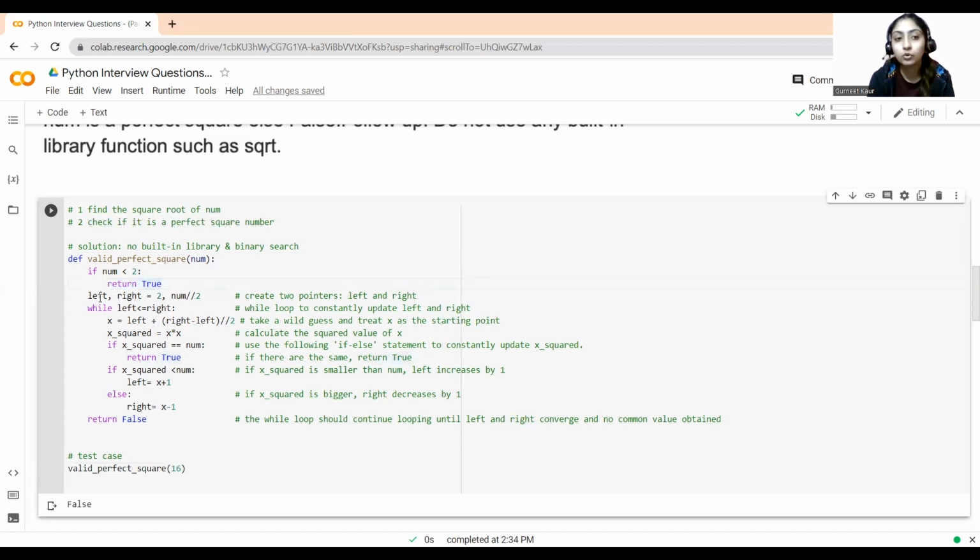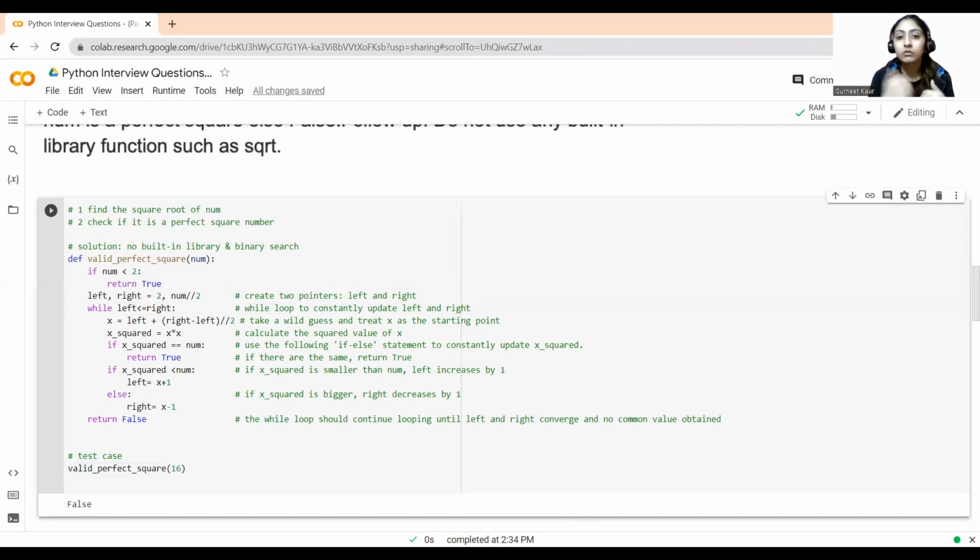Now we have divided into two, left and right. We'll be using a while loop to update the left and right values because we are shifting. So x is equal to left plus right minus left, which is nothing but creating two pointers, and we will compare the average value of these two numbers to the original number.